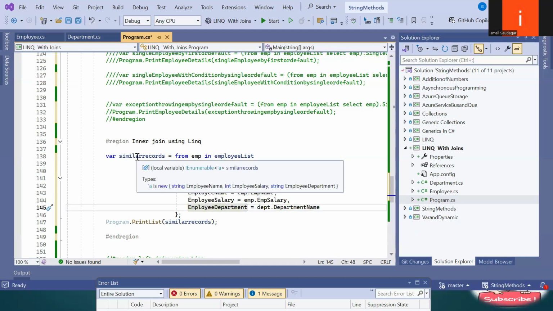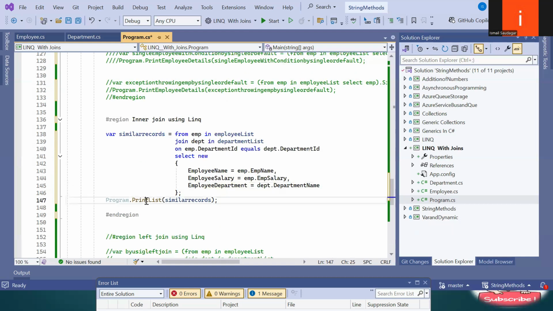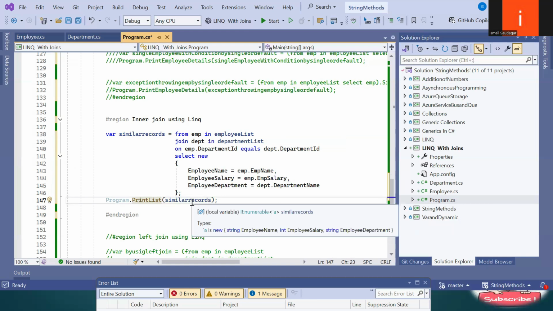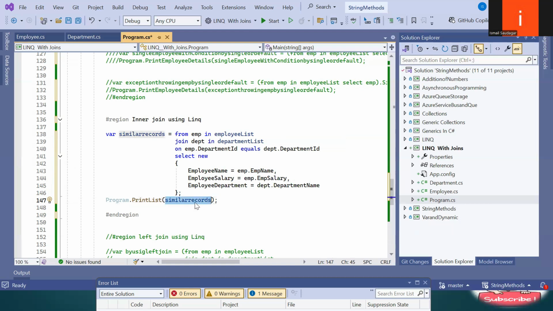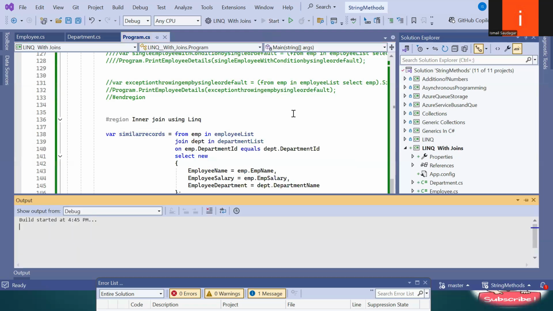So this is the IEnumerable we are returning here. After that, we are calling the print list method and giving it the IEnumerable of this new object. The print list method will print the records present in the similar records variable. When I run this,